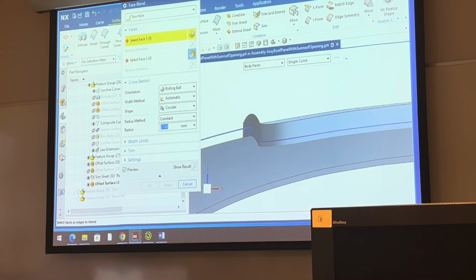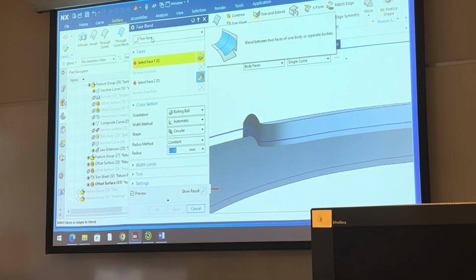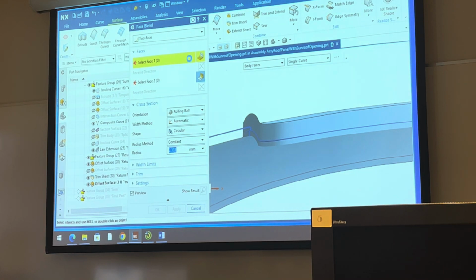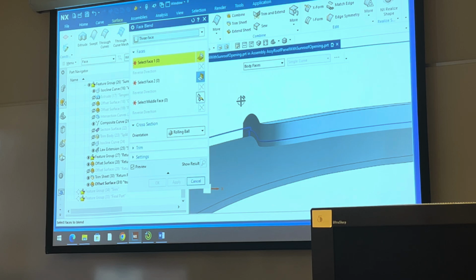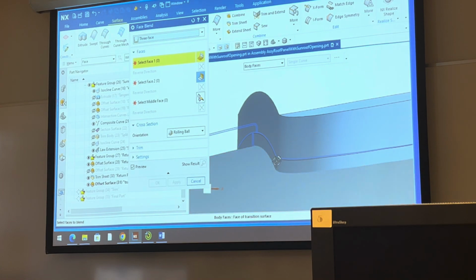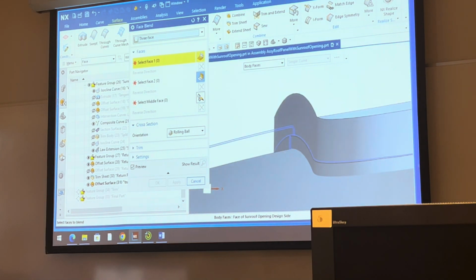Okay. Pretty much every face blend we've ever done, we just did a 2-face face blend. I'll reset that just to make sure. There happens to be one called a 3-face. In CATIA, it's called a tri-tangent. Okay. And you notice it doesn't ask us for a radius. It's asking for face 1, face 2, and then middle face. Okay. In CATIA, they said face to remove. So I'm gonna say, we're going,